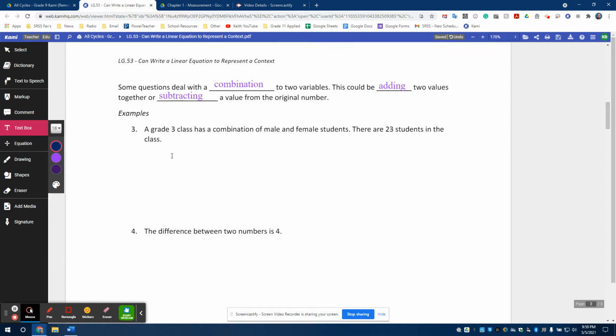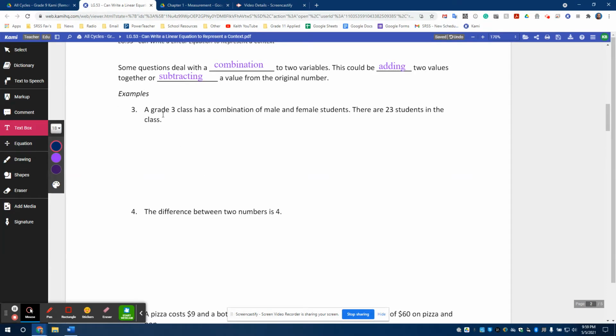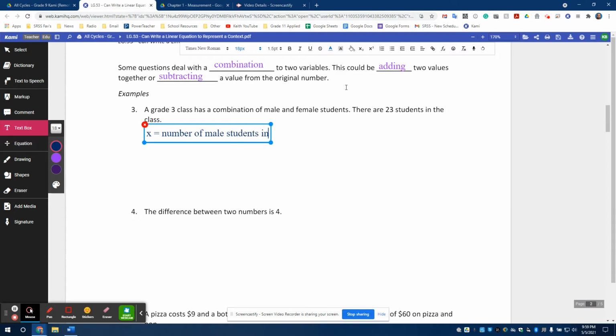So let's look at a couple of examples. A grade 3 class has a combination of male and female students, or boys and girls. There are 23 students in the class. 23 is our total, and we have two different types of students that we're breaking into. Those types of students are going to be our variables. X is going to be the number of male students, and Y is going to be the number of female students